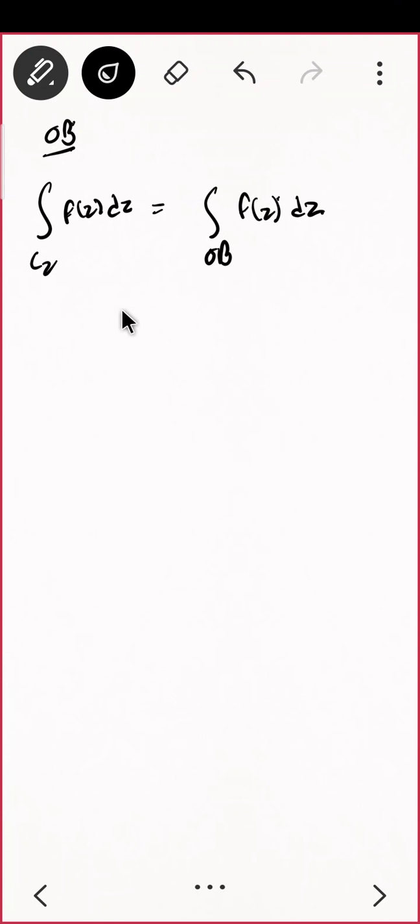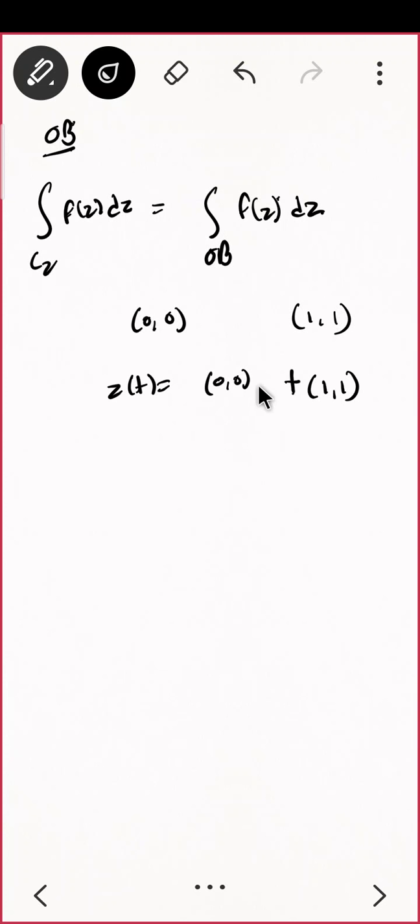Now let us try to see parameterization. 0 0 इधर है, यहाँ पे 1 1 है. Can you give me a parameterization quickly? That means if I put t equal to 0, I'll write 0 0 here and I'll write 1 comma 1 here. If I put t equal to 0, I need this guy, तो यहाँ पे t multiply होना चाहिए. If I put t equal to 1, I need this guy too, ये तो zero पहले से, so I don't have to put anything here. Correct. So this is my parameter.